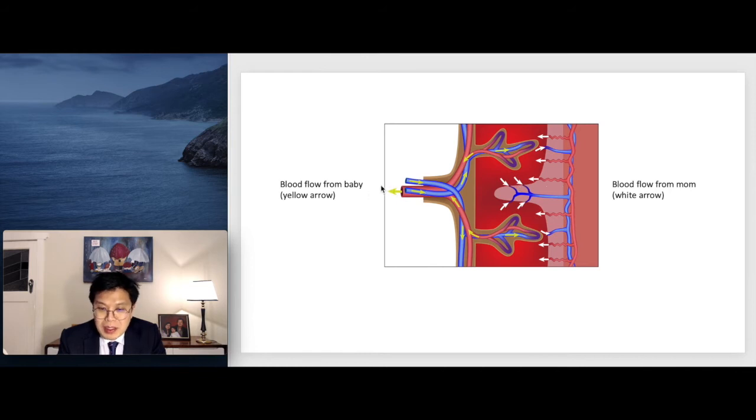So baby's blood is flowing, there's no direct mixture of the blood, but in this area there's an exchange of everything. Baby's blood flows from here, as you can see, into the small little blood vessels, which we call capillaries, and then after that it flows back. Mom's blood flows from the bigger blood vessels to the spiral arteries, as stated earlier, and into this area. So actually the baby's blood vessels soak in the mom's blood there, in this thin layer